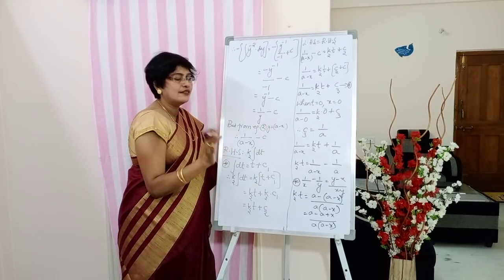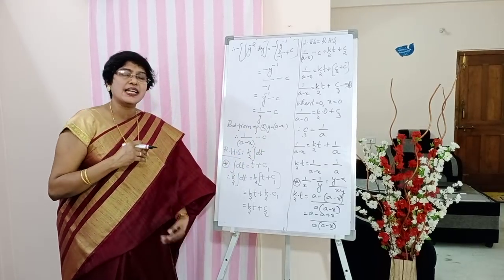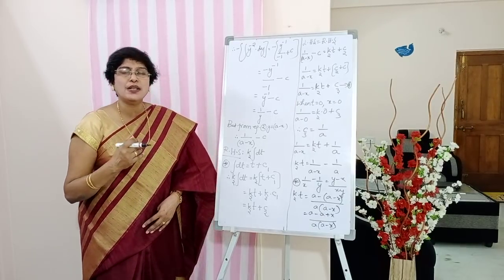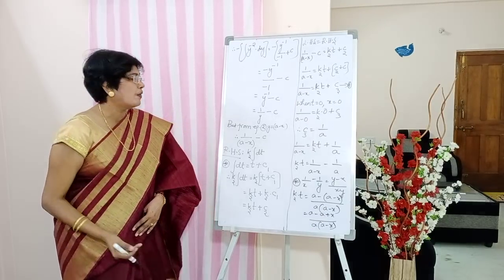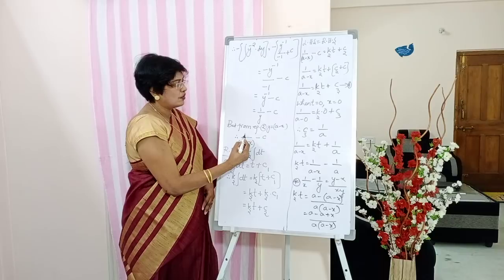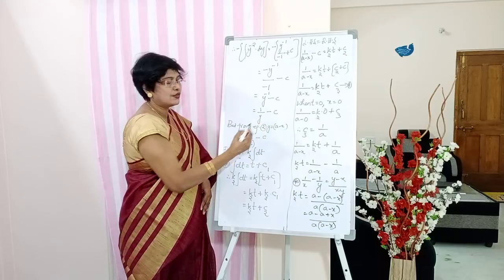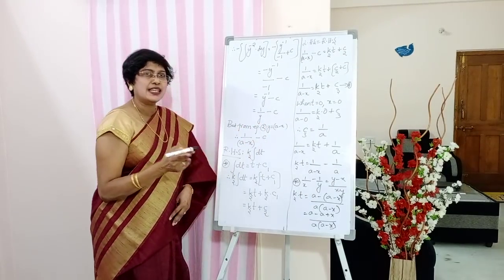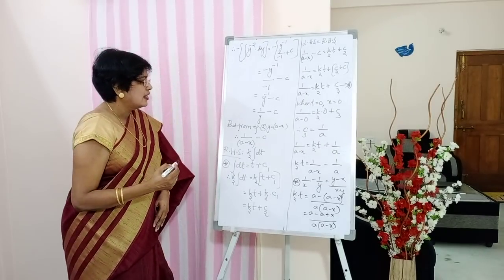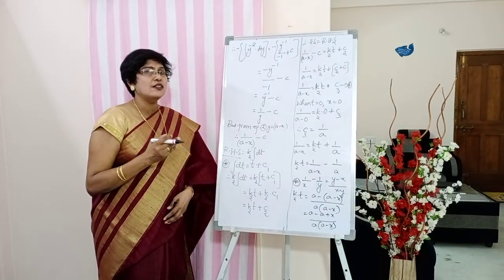So till here we have done. After that, from equation 2, go back and check what was equation 2. y is equal to a minus x. That is, we assumed a minus x is equal to y. So here in the place of y we can use a minus x. So 1 by y minus c becomes 1 by a minus x minus c, since y is equal to a minus x according to equation 2. So left hand side we completed the solution.